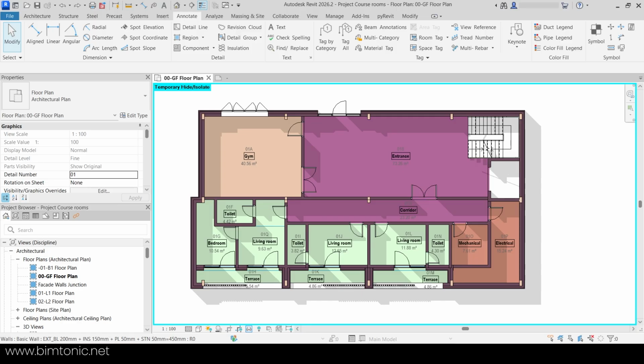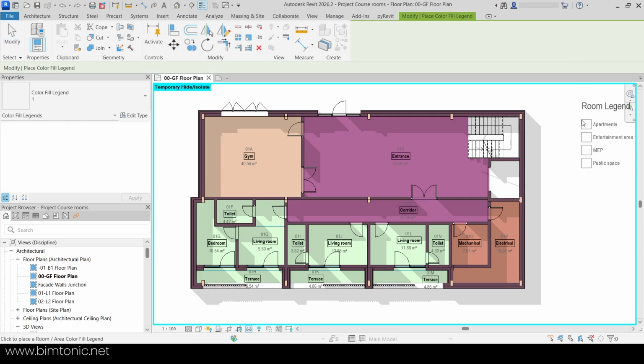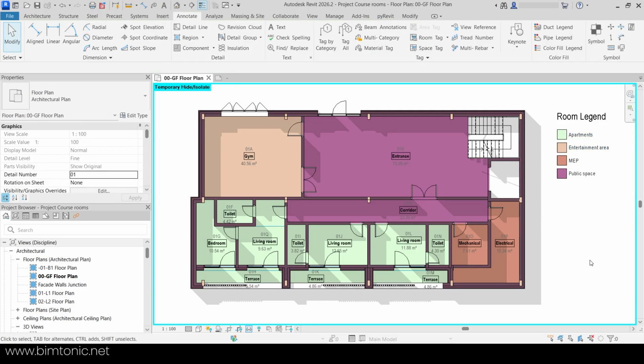was creating this thumbnail for the video, is how to actually add the color fill legends. Basically, when you have the color scheme, you do want to automatically add a legend for it, and the way to do it is to go to the Annotate tab and then to choose Color Fill Legend. Then you simply click somewhere on your drawing where you want it to be, and as you can see, it